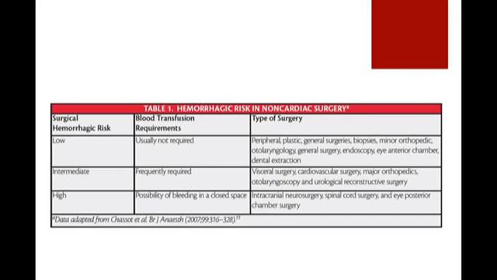And the intermediate hemorrhagic risks are basically the majority of our patients, including cardiac surgery. Cardiac surgery is not a very high hemorrhagic risk. And we have one of our senior cardiac surgeons in Kuwait here in the region, and basically they do a lot of open heart surgeries and valve surgeries on dual antiplatelet, be it ticagrelor or clopidogrel plus the aspirin, with reasonable bleeding risk. And the high hemorrhagic risks are those basically in a closed space, like the brain, the spinal surgeries, as well as the posterior chamber of the eye.